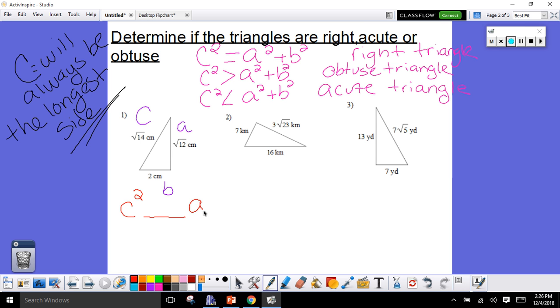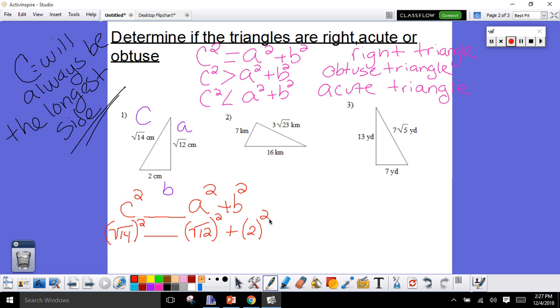And then I'm going to write A squared plus B squared. I am going to substitute what I have. Parentheses, remember, don't forget, square root of 14, close parentheses, squared. I leave the space. Then I put the square root of 12 instead of the A. I'm replacing it, I'm substituting. Plus